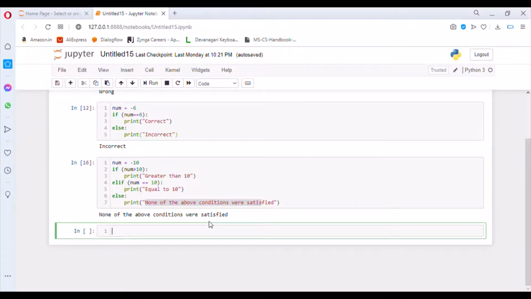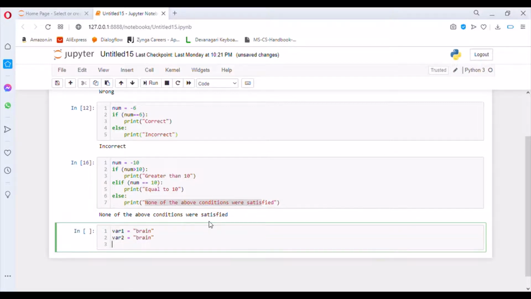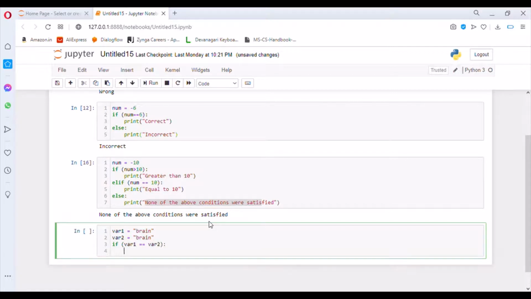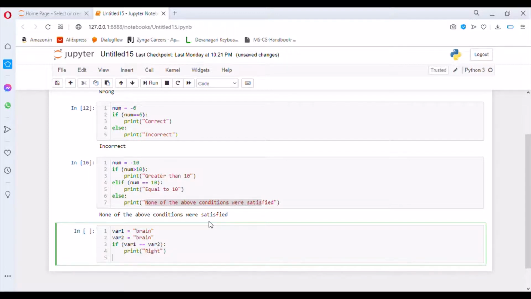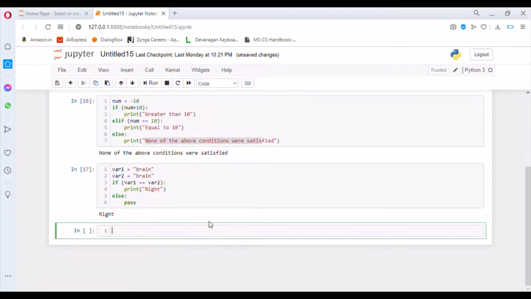Now let's come to the pass keyword. So here we have two variables.